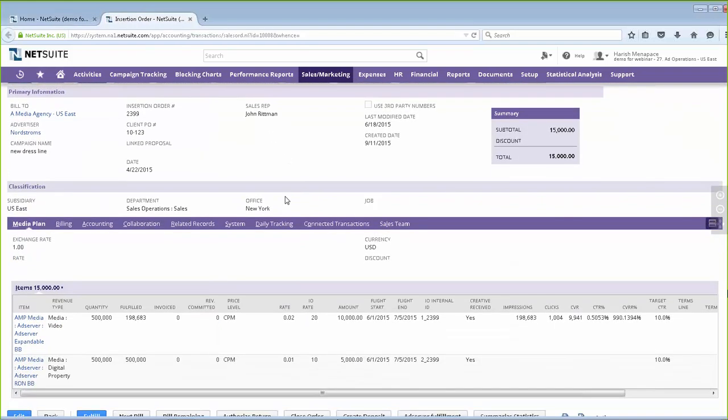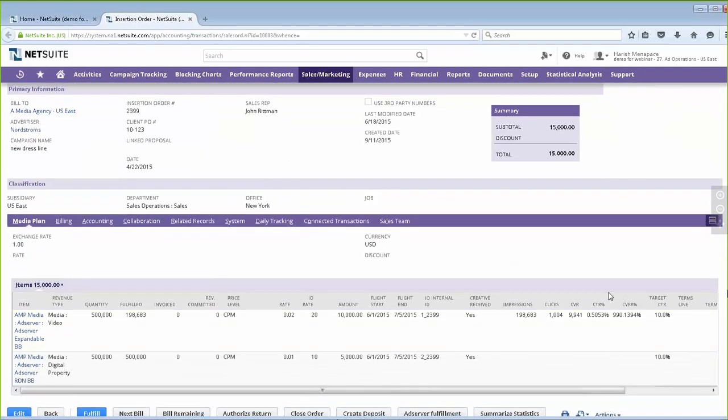So from the insertion order, you'll see that we've got some further information. So I've already brought in some impression-based information. NetSuite's got an open API that can then connect to various ad servers, or any type of external system can be integrated with the NetSuite API system.